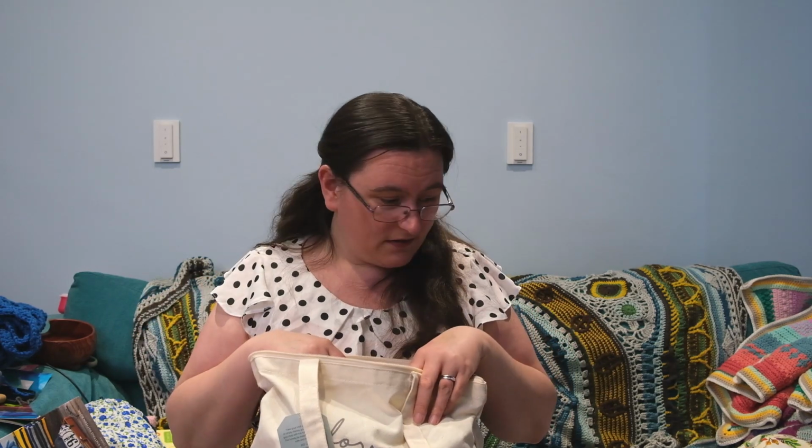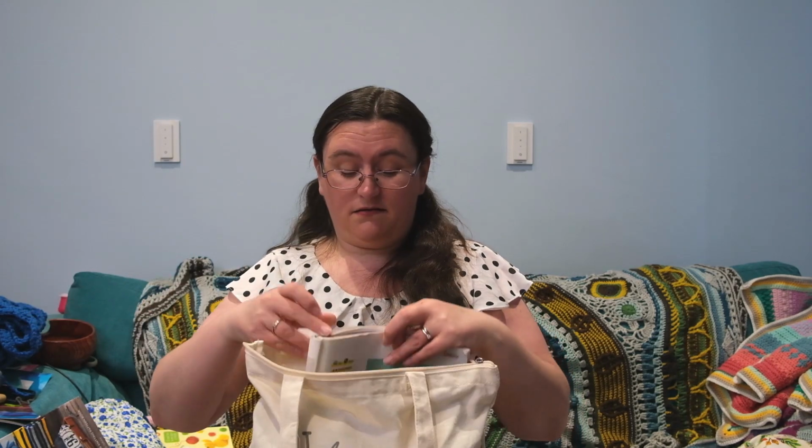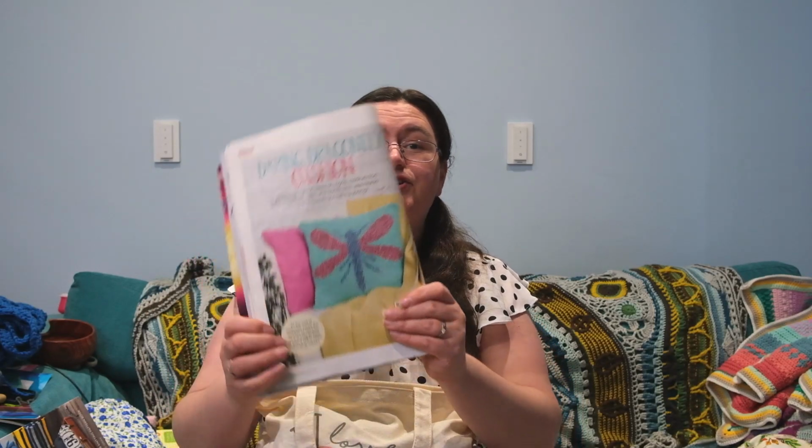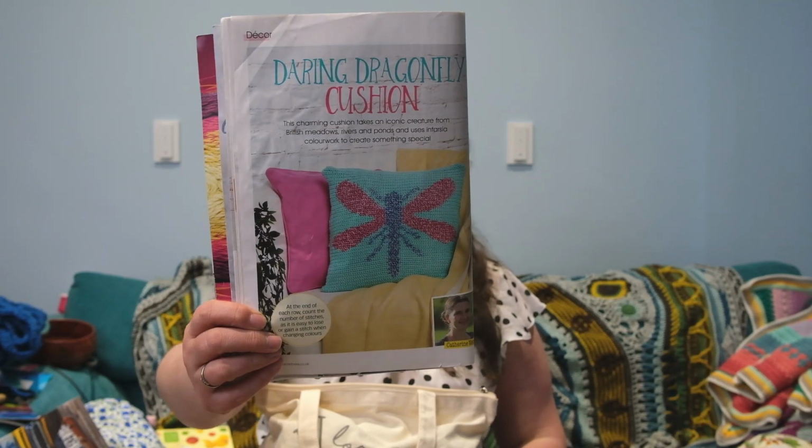So when I finished the Lapis tunic, I started a cushion, the Daring Dragonfly cushion, which is designed by Katherine,